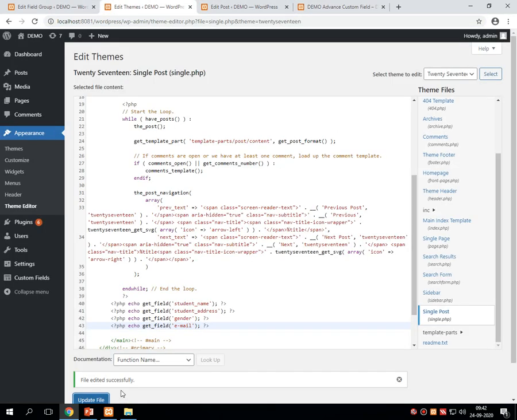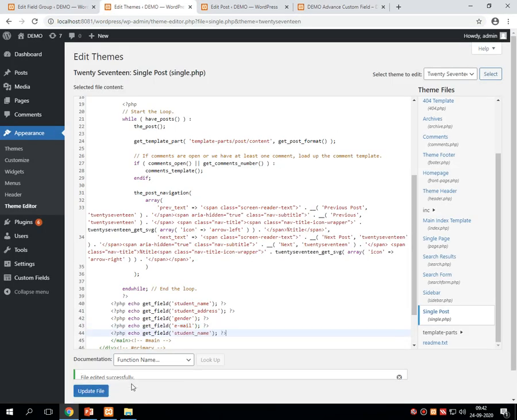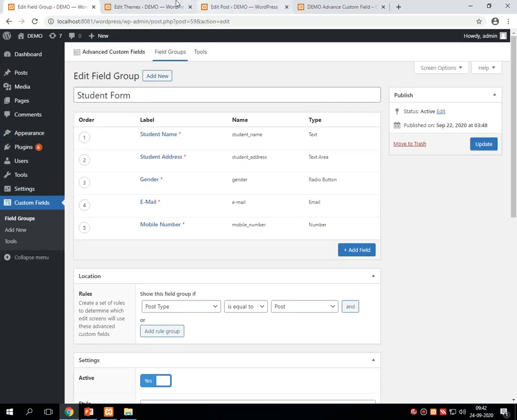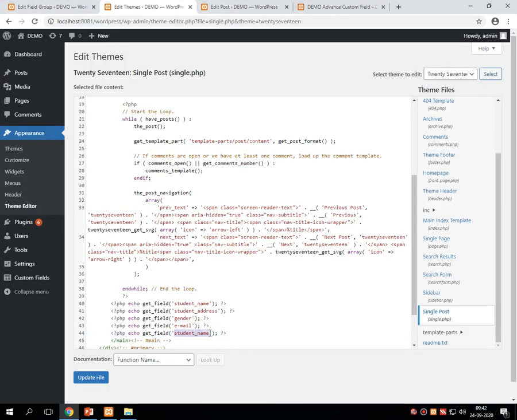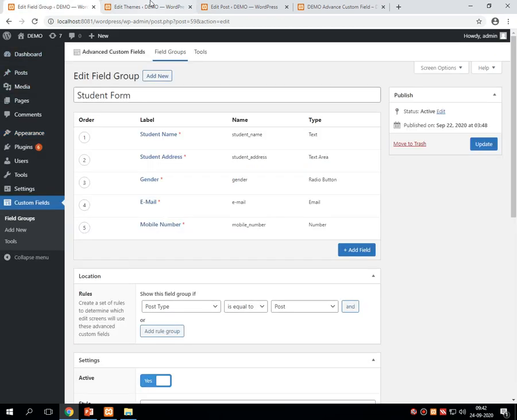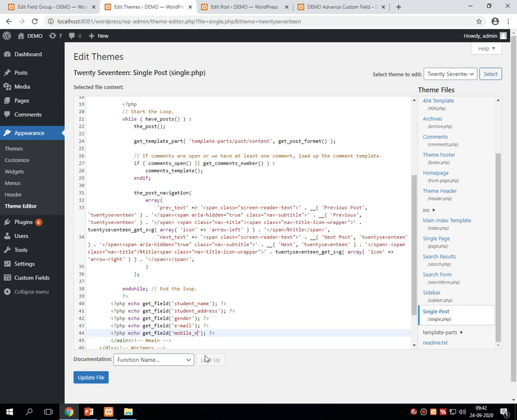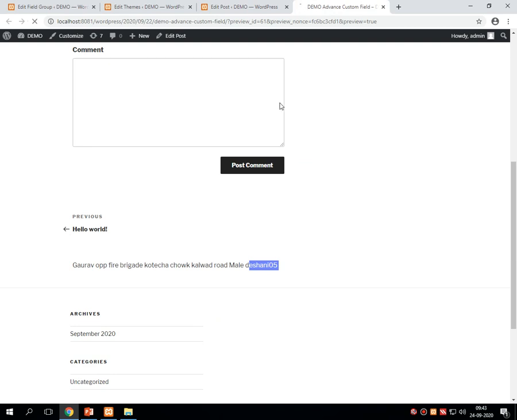Same like that, suppose I am giving mobile number. So change to mobile_number. Number is not this one, NUMBER. Once it is saved, refresh the post.